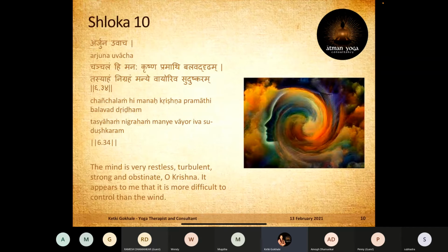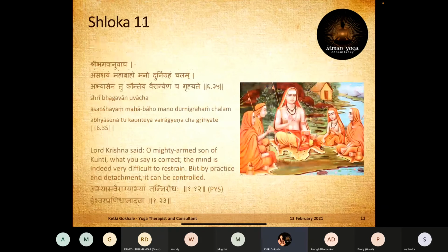So when we are under the influence of any strong emotion, even the buddhi cannot work, and it literally destroys the faculty of discrimination. So this is how our mind is, and with this mind, how can we meditate, how can we make our mind one-pointed? For that, Shri Krishna says,